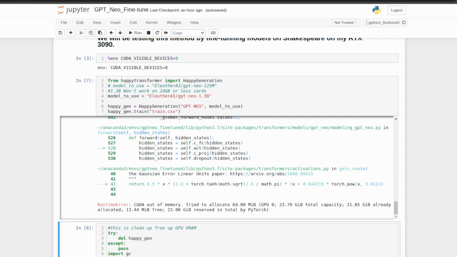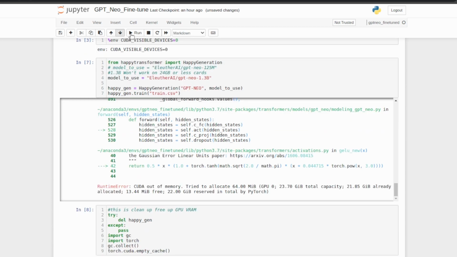So as we can see, while Happy Transformer makes it very easy to train small transformers, it is insufficient for the 1.3 billion parameter model, and even more so for the 2.7 billion parameter model. And as I talked about in the beginning of the video, we want to fine-tune on large models because large models are able to learn better and with less data compared to smaller models. So then,